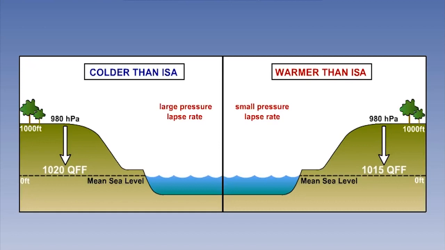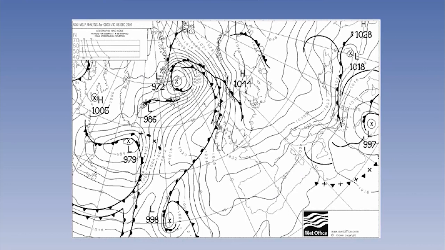These mean sea level pressures are known as QFF values. QFF is therefore the barometric pressure at a stated location, corrected to mean sea level, using the prevailing temperature. How are these values used, though? Well, firstly, they are plotted on charts, and then lines are drawn, joining places of equal values. These lines, as we already know, are called isobars. Isobars on surface weather charts are therefore derived from QFF values.